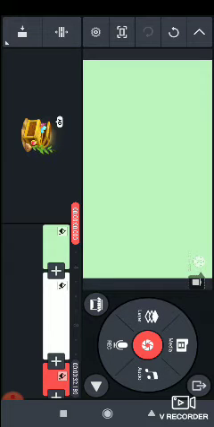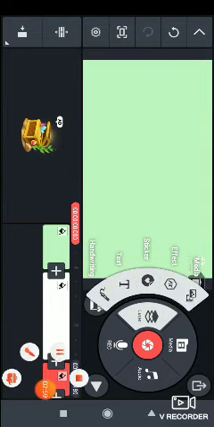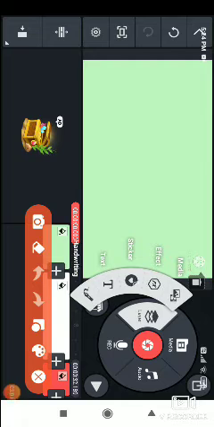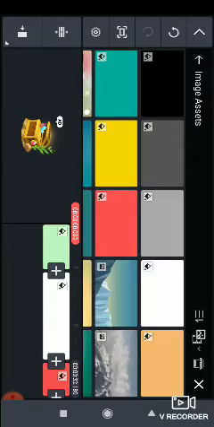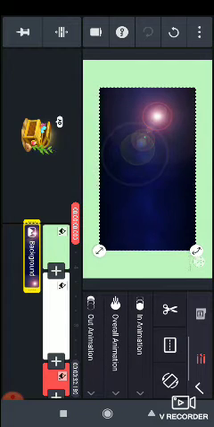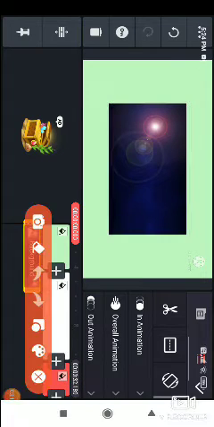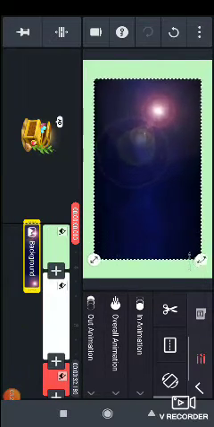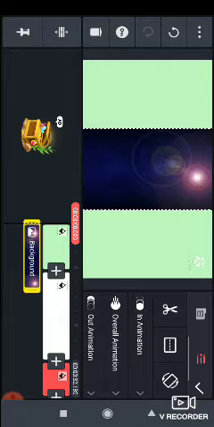If we want to put a photo on top of this screen, we'll go over here. We have to go to layer, and then go to media. Over here we click on media, and then I want to take this picture. I'm going to take this picture on top of it. So it will come, and this option is for where we want to put it. Which option comes, this means it can be bigger, smaller, and it can turn. How we want to turn it, I want to keep it like this.